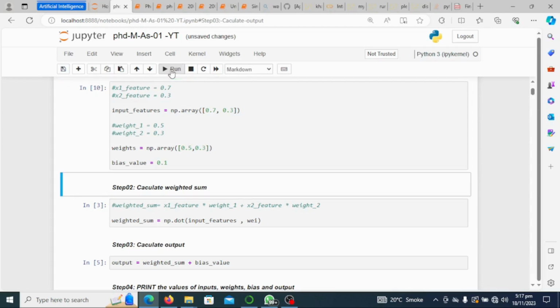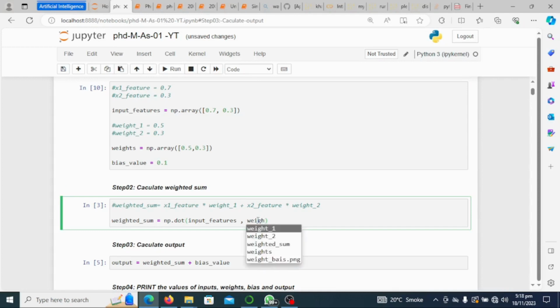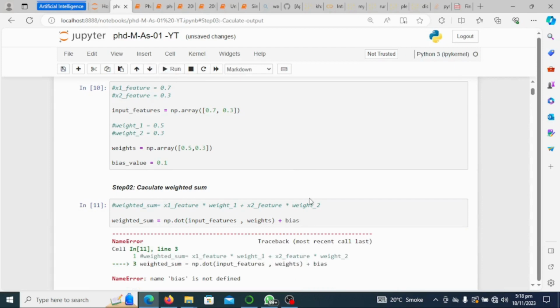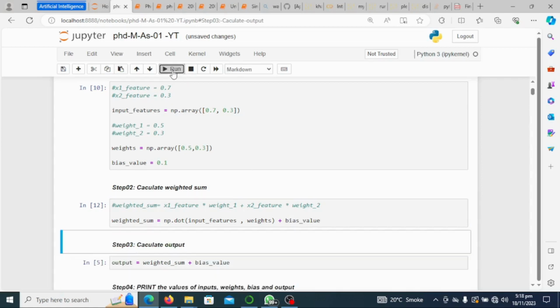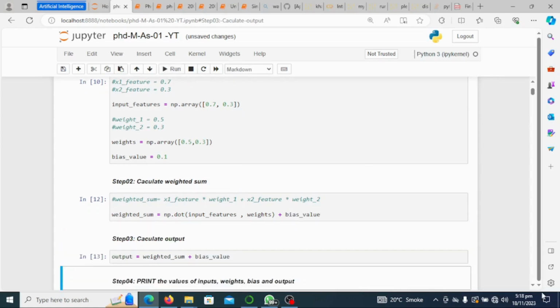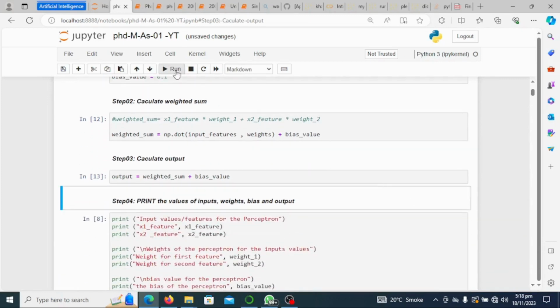So if I run this, okay, now the dot product of input features and weights, this is now the weights, and then plus bias. Okay, if I run this, this is the output. Now again if you look at the output,